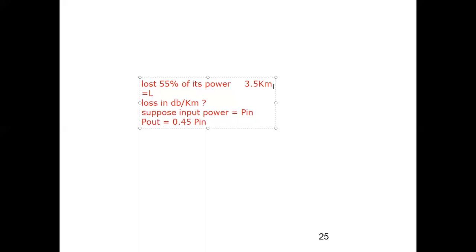Okay. So now you write down, yes Nilesh, your answer is right. So now find out your alpha. I am putting capital A, but you don't put capital A. Alpha, you know that symbol. So alpha total attenuation is equal to 10 log to the base 10, you have the formula, P in upon P out.